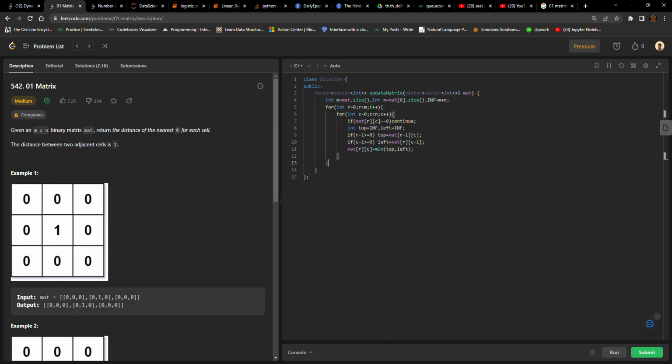Okay, I will be explaining why I am doing this. Let me just, for int R is equals to m minus 1 up till R is greater than equal to 0, and R minus minus, for int C is equals to n minus 1 up till C is greater than equal to 0, and C minus minus, and if matrix at R at C is equal to 0, then in that case just continue, and if it's not, then just declare int bottom is equals to infinite and right is equals to infinite, and then just